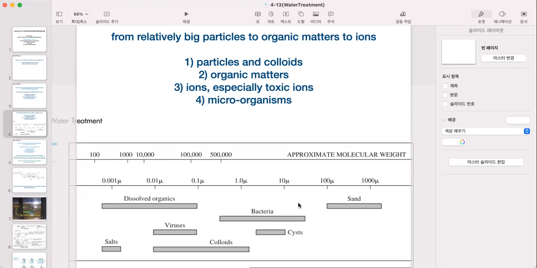But this size of 0.45 varies under different conditions. So the rod type,